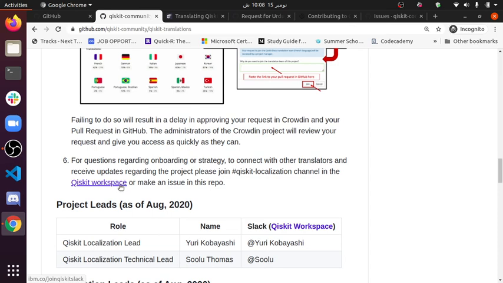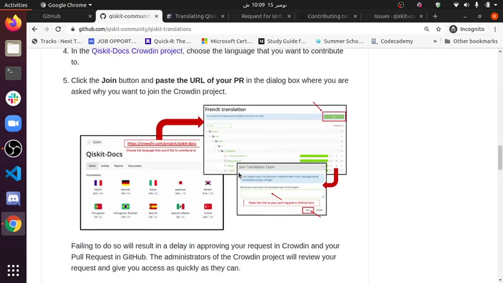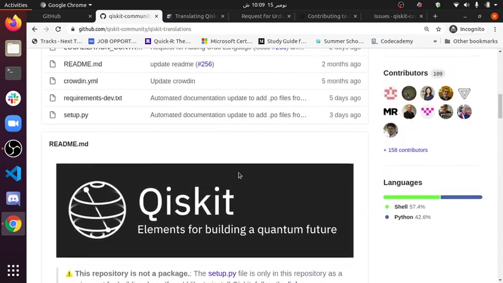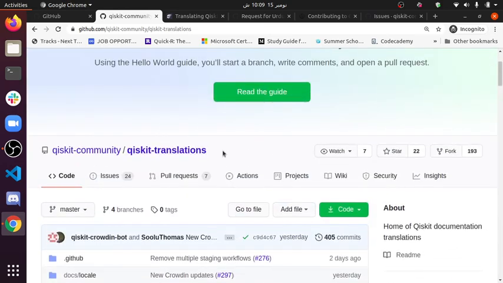You can join it, and you can post any issue regarding anything here, so that officials can find out on Slack about your issue or your related question and answer your queries. Okay, so that was the tutorial of how you can add yourself into the Qiskit translations project, officially organized and managed by the Qiskit community.